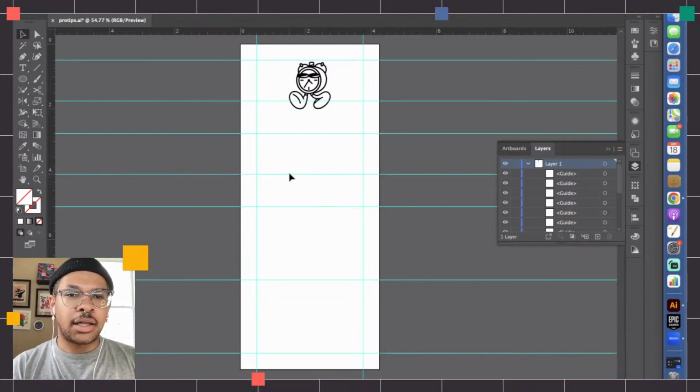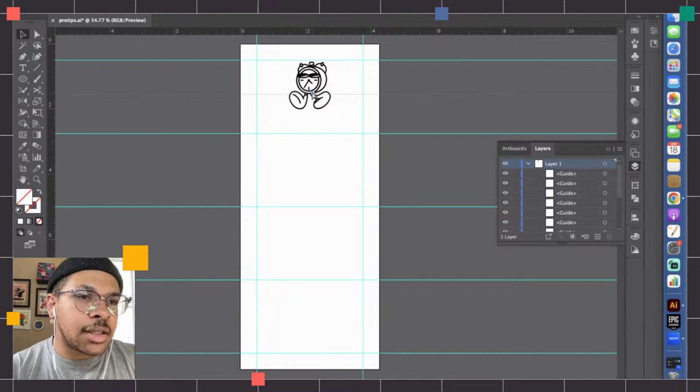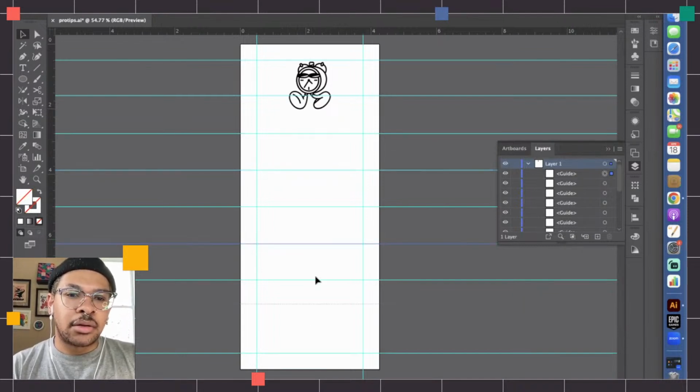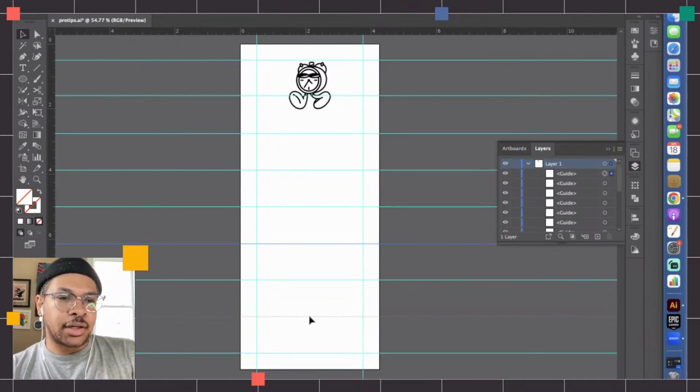So kind of get a general idea down. These snapping guides as well too. Sometimes it's a little bit easier to eyeball because we might be in between these lines, these guides. So go about here, here, and here. And what I really like with the guides with Illustrator as well, in comparison to say like Photoshop,